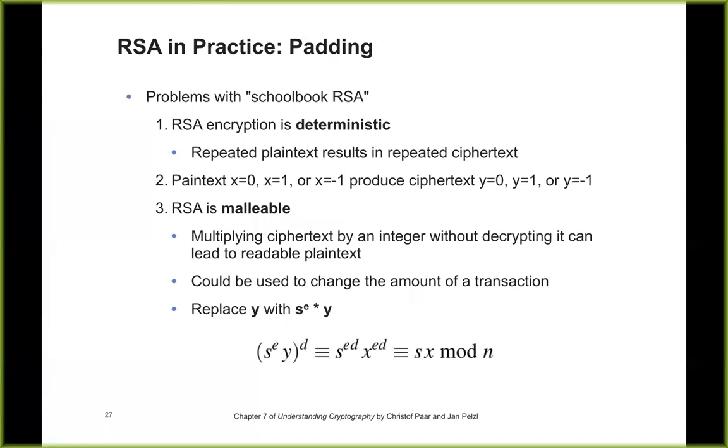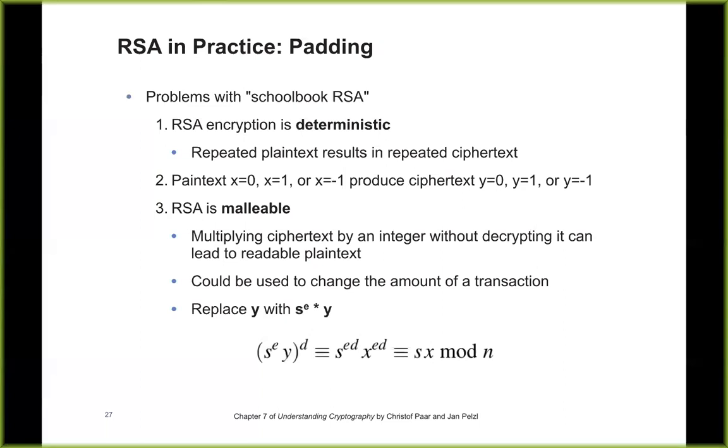Now there's a couple of problems here. RSA is deterministic. This is what we talked about as textbook RSA, where you take the input data and you turn it into a number, and then you raise that number to a power. Therefore, if you have another message that's exactly the same, you'll get exactly the same output. Now, this is really bad for things like network traffic, because network traffic is all full of ARPs, and the ARPs are all the same, and you know what they look like, and they're easy to spot. That's really bad. The user can guess the plain text.